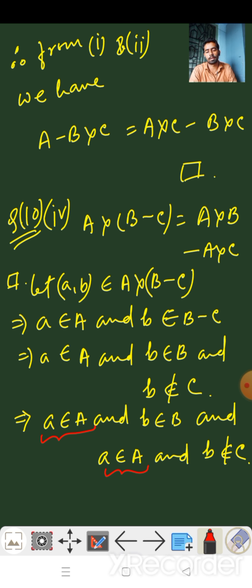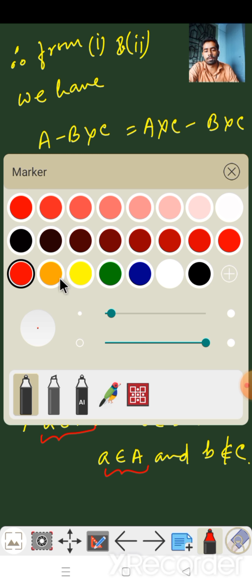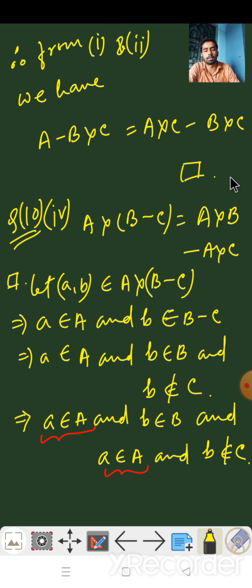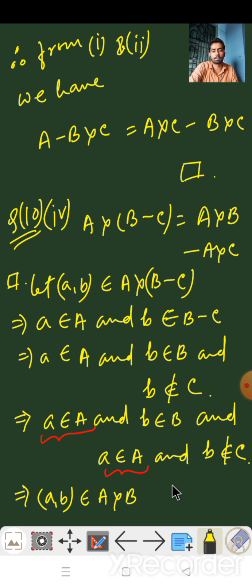So we can say again small a belongs to capital A, any finite number of times as we wish. So this is the technique for copying and pasting this here, and I will use this as I wish infinitely many times. Since this is a true statement, we can use this, which implies that from the first two portions we can conclude that the ordered pair (a, b) belongs to A cross B, and from the last two portions we can conclude that the ordered pair (a, b) does not belong to